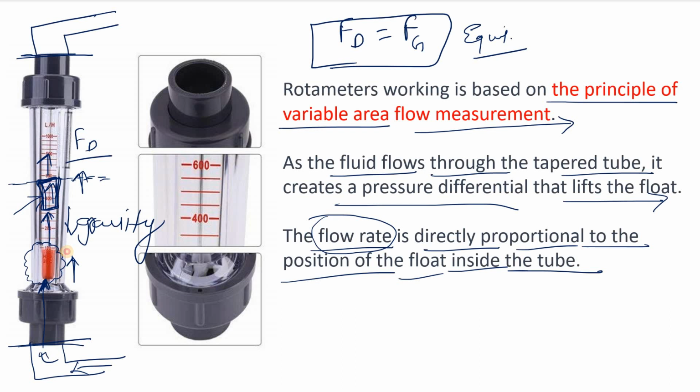Now there is one question for you all. The buoyancy force or the buoyancy effect works here. There are two densities: the density of the liquid, or the fluid I should say, and the density of the float. So which density will be higher? Whether the density of the liquid or gas will be higher, or the density of the float will be higher? Please let me know in the comments box with the reason.